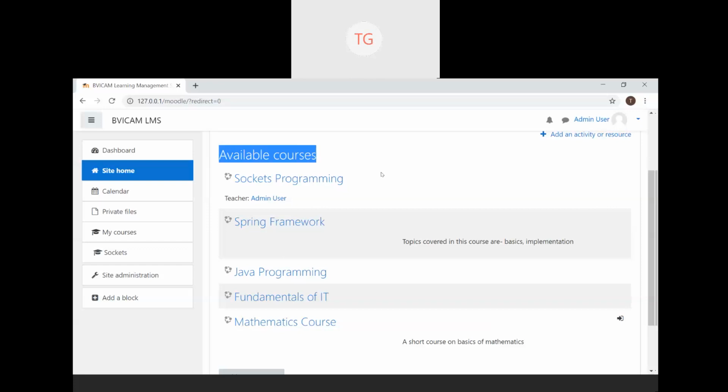So that is why from this part, many of the participants were not able to follow with me. Because you didn't have courses. You can have categories having subcategories, but those subcategories essentially need to have a course. So if you see a tree-like structure, a course is a leaf node. It has to be present for you to add any resource or assignment or activity. So you have to have courses. If you don't have courses, earlier I demonstrated how you can create courses. Right?